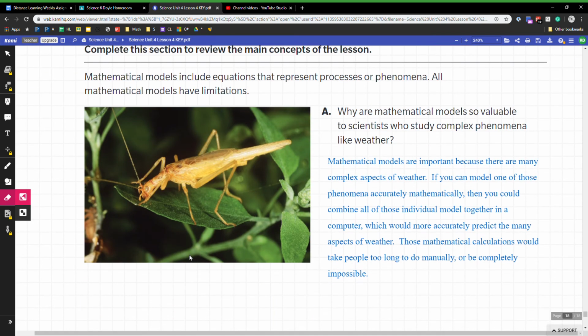And finally, why are mathematical models so valuable to scientists who study complex phenomena like weather? They help us to simplify. You can read this, but they help us to simplify really complicated things, and it allows us to use computers and look for patterns in things and model things that would be just really hard to do